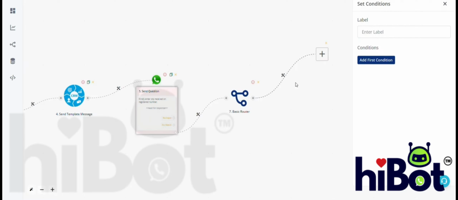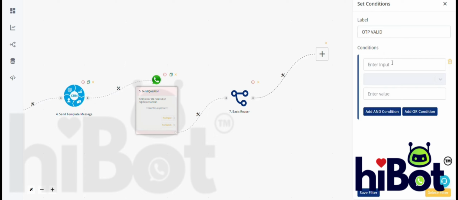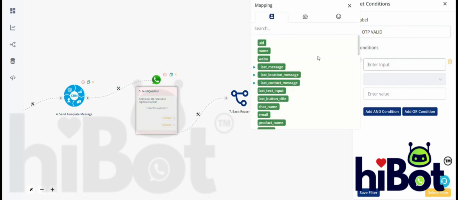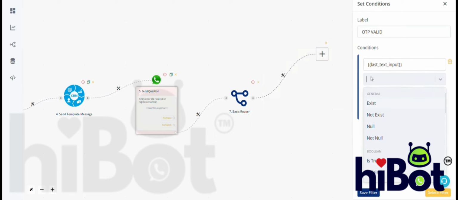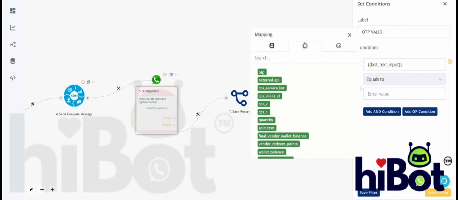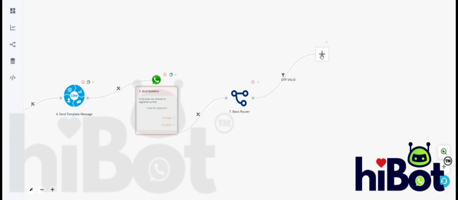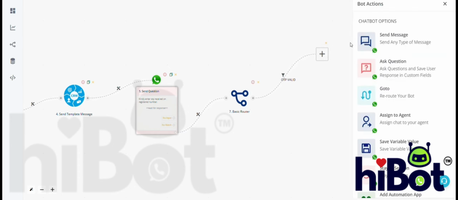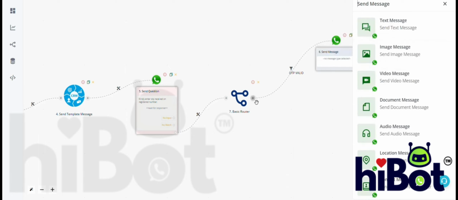is valid or not. So the first filter will be OTP valid, and my condition here can be last text input is equal to OTP, and I will save this. If this is equal, then I can continue my flow ahead, and then I can set another filter here and